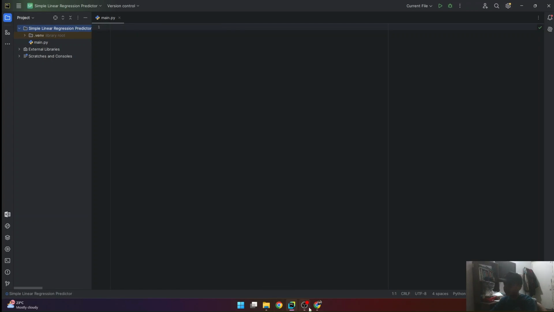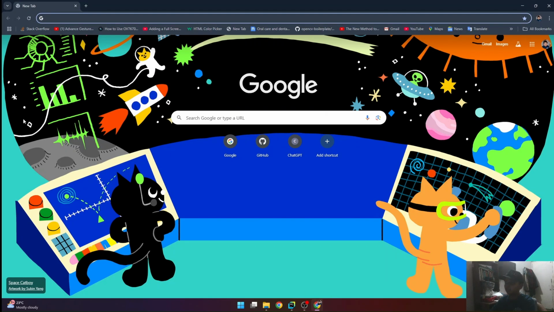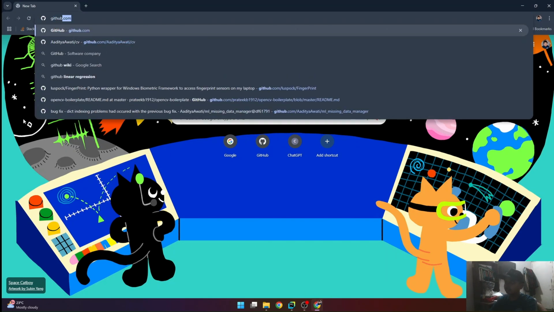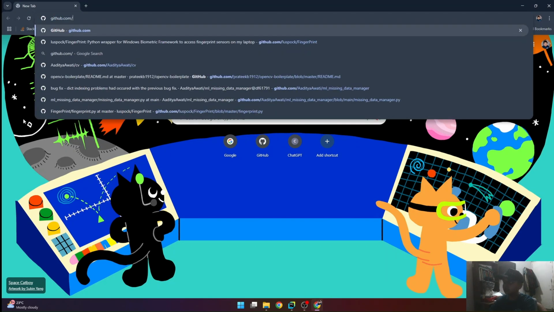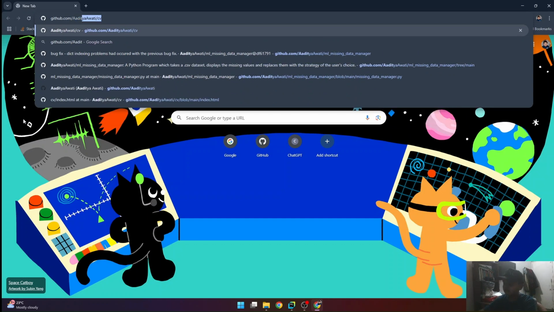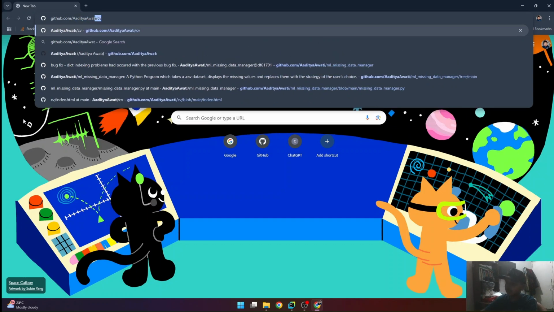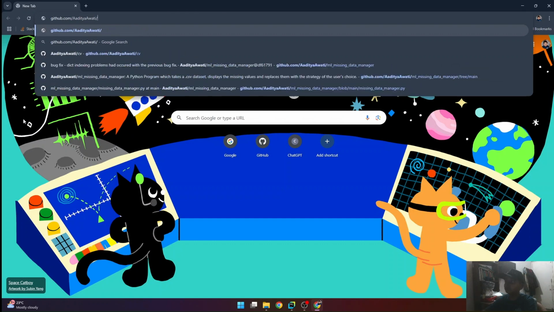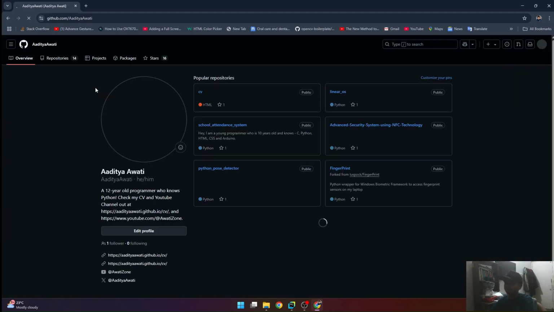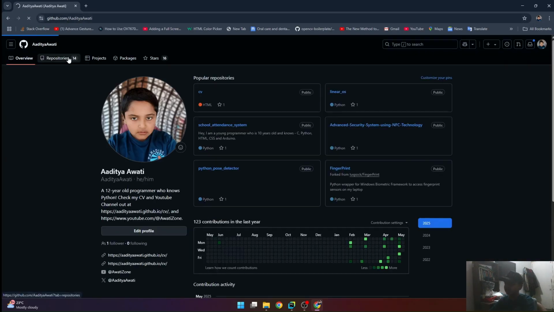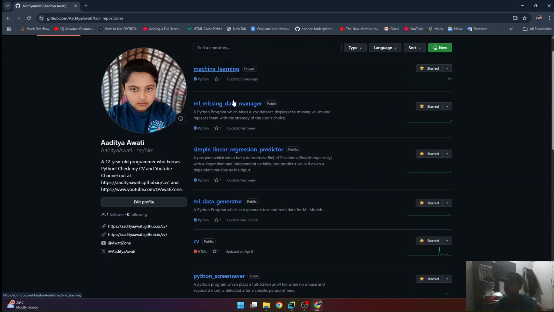So in order to get it, you can go to my GitHub account. And there you can find my repository, which is the simple linear regression predictor.